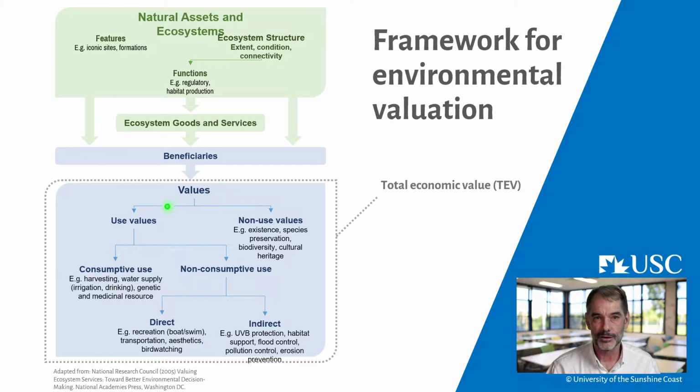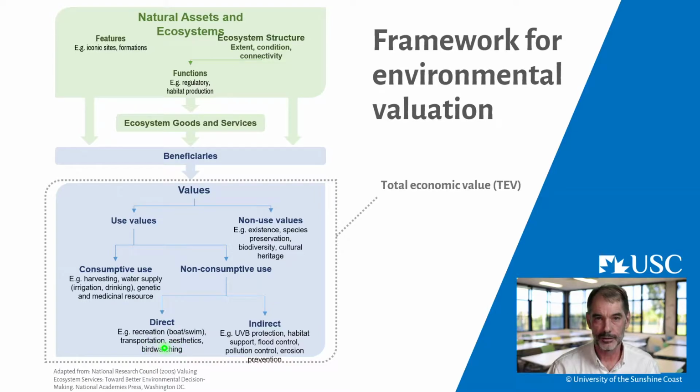And the values then are direct use values. For example, we can go fishing and catch a fish and eat it, so we are directly consuming part of the environment there. They can be non-consumptive direct uses. So for example, when we go out and go surfing or go swimming in a local stream, or we're bird watching or enjoying a sunset. So these are non-consumptive uses. And that will be what we focus on in this particular video, which is the travel cost method is a